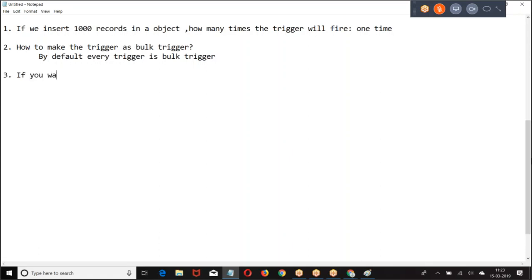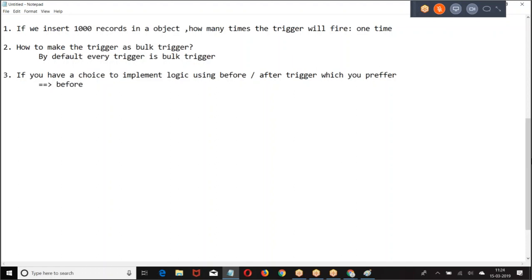If you have a choice to implement logic using a before trigger or an after trigger, which do you prefer, and why? If I have a choice out of before or after, I will prefer before.